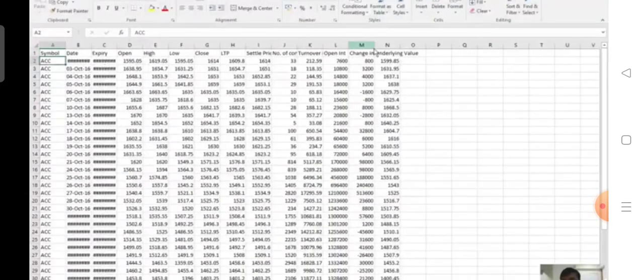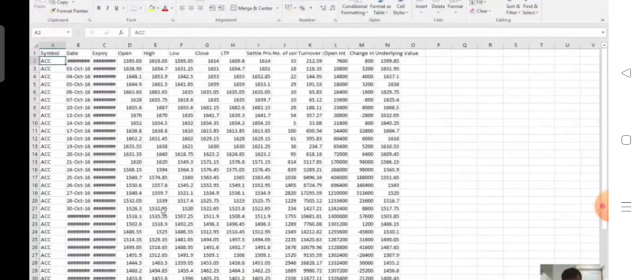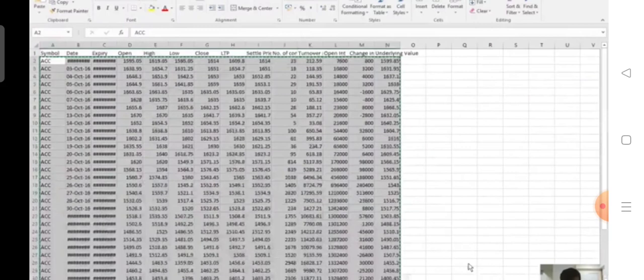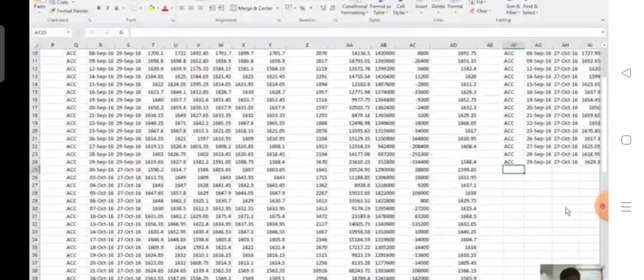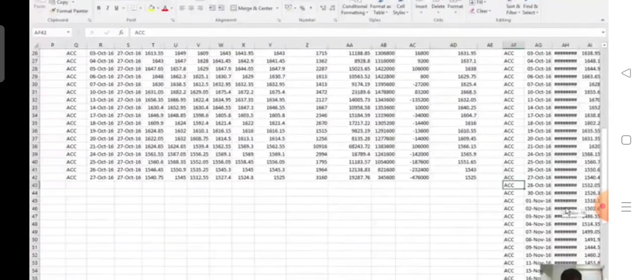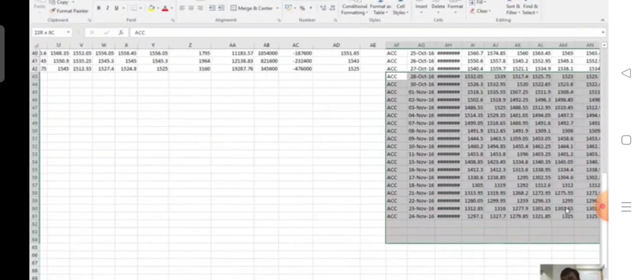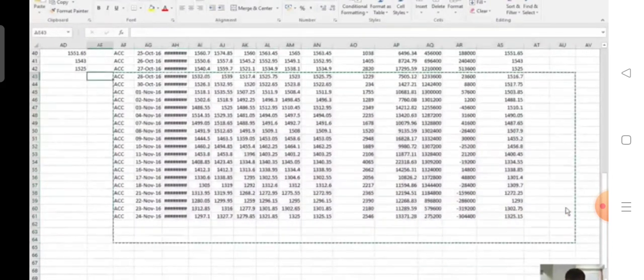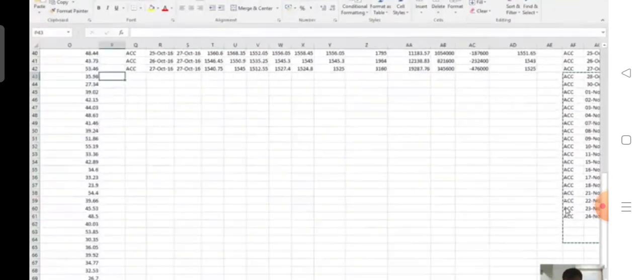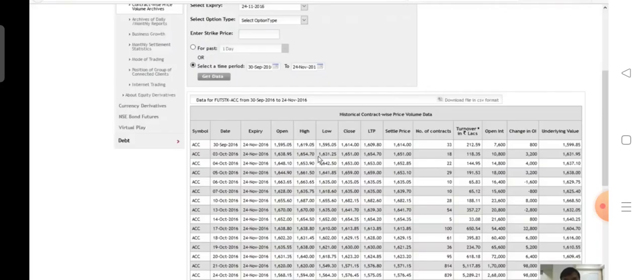Now I don't need this header, because already my headers are there on top. So I just need the data directly. So I cross the data and I paste it here. Okay. And after 27th of October, which is the expiry of October contract, I'll cross this data and I'll paste it here. Okay. Let me close the CSV. Let me save this file. Now